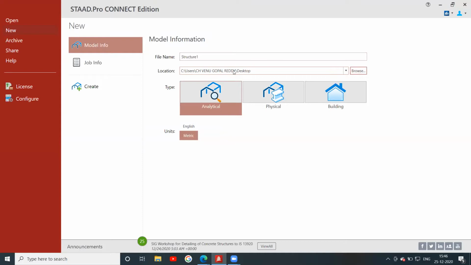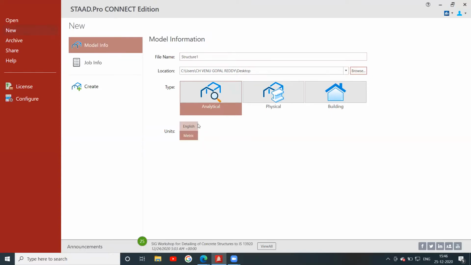Whatever you are doing is only the analytical method, not the physical method. First we select the analytical method, and the units are metric.